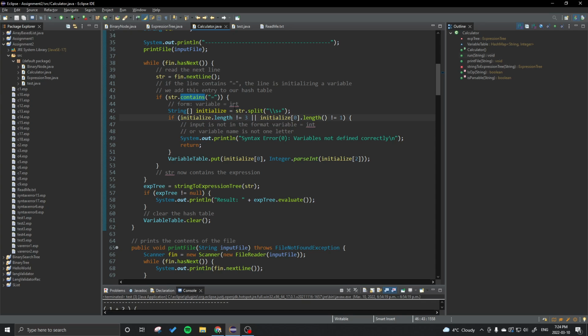If it's not variable equals integer value, then there's a syntax error. And also, if the variable name length is not just one character, maybe it's a word like variable equals 5, then that's not allowed for this calculator. So if the length is not 1, that's also a syntax error. So if it's any of these two, then we just print out the syntax error, say the variable is not